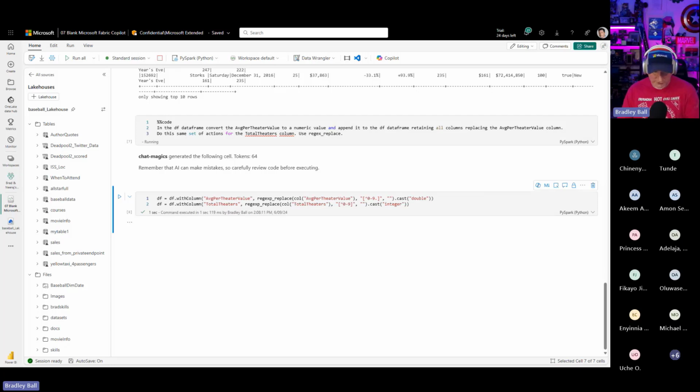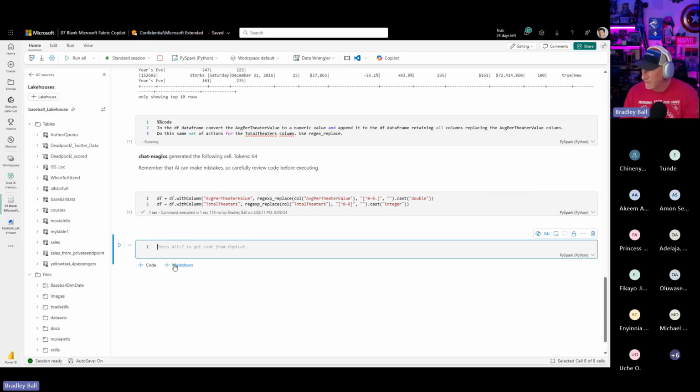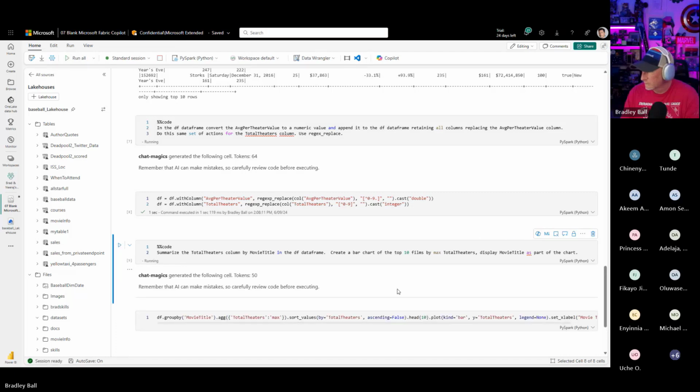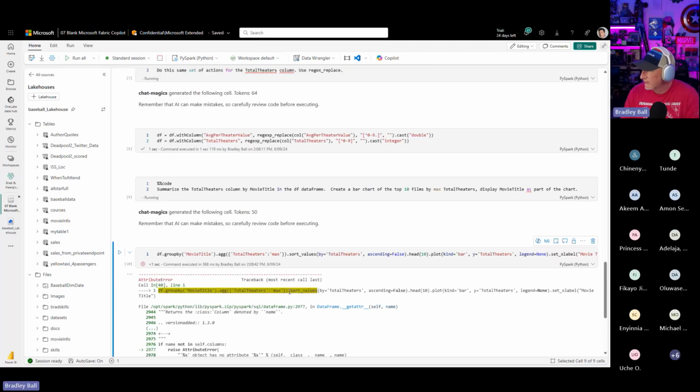So we're going to go to the next one, which is code: summarize total theaters column by movie title in the DF data frame. Create a bar chart of the top 10 films by max total theaters. Display movie title as a part of the chart. I did not like that.